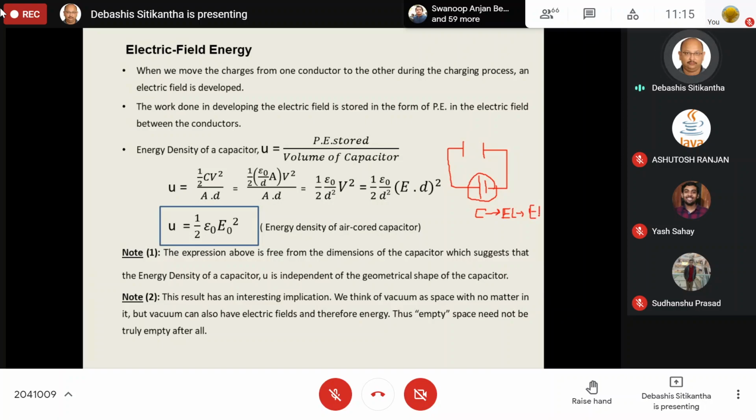So electrical energy and electric field energy are two different things. When we are talking about electrical energy, remember that this is the energy which makes current flow in the conductor, and this current is going to do the work. But in the case of a capacitor, this electrical energy is actually converted into electric field energy, or this electric field itself is a form of electrical energy.